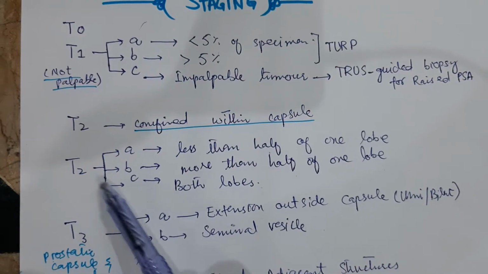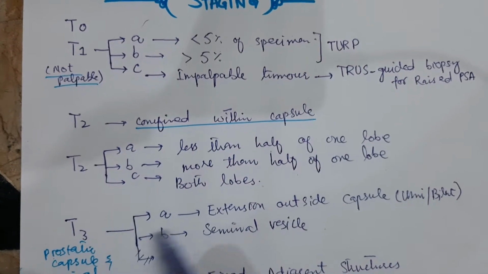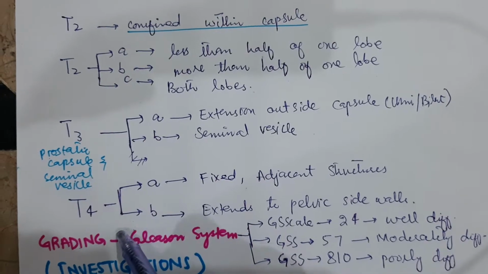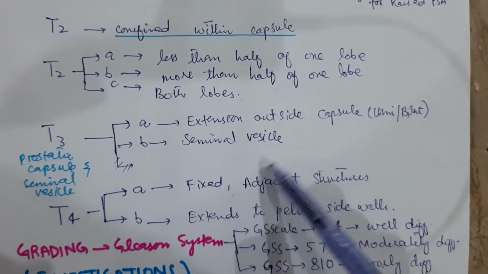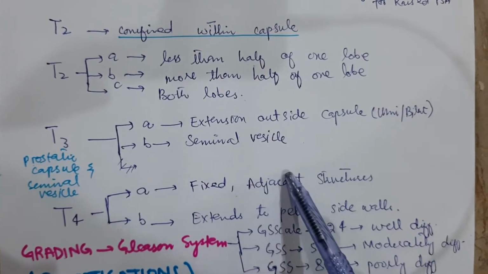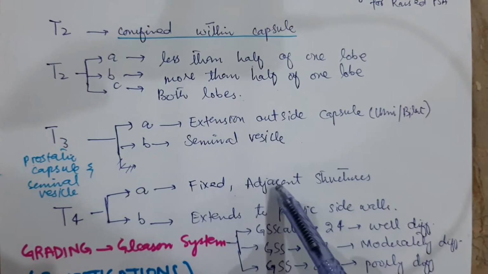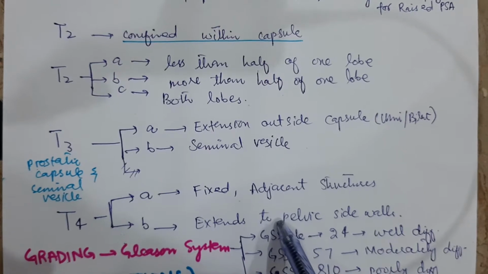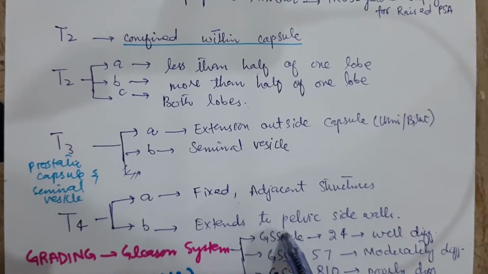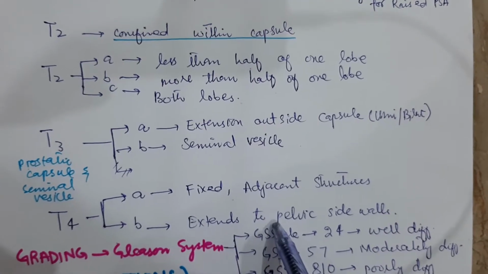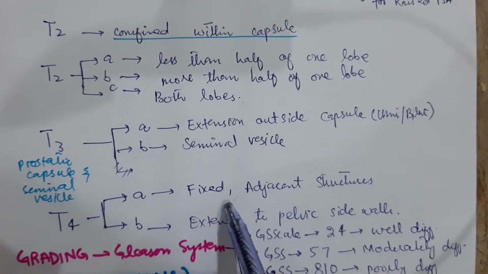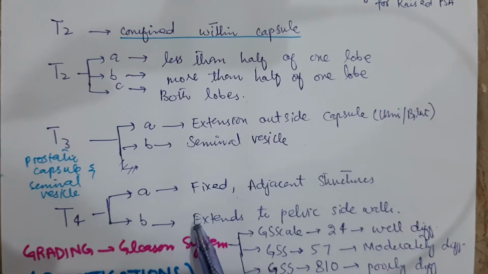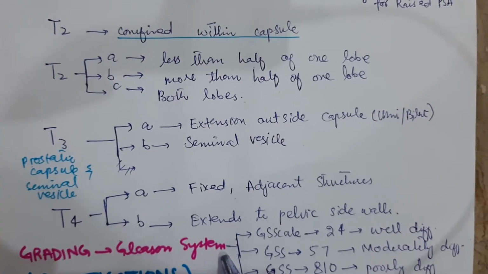For locally advanced T3 and T4 tumors, the disease produces bladder outlet obstruction, hematuria, deep perineal pain, or renal failure due to bilateral ureteric obstruction from the extensive invasion of the tumor. And if the disease is metastatic and metastasizing to distant parts,